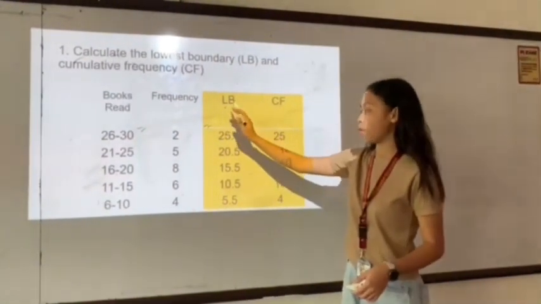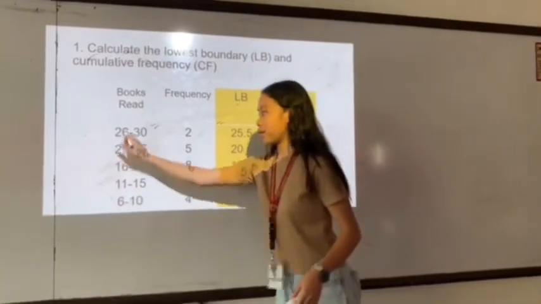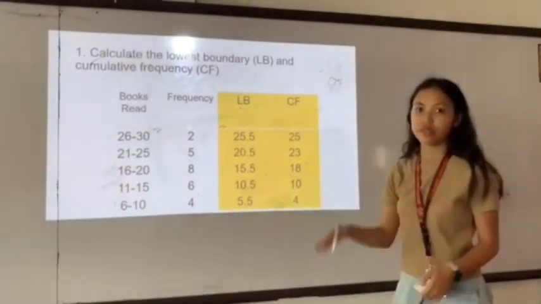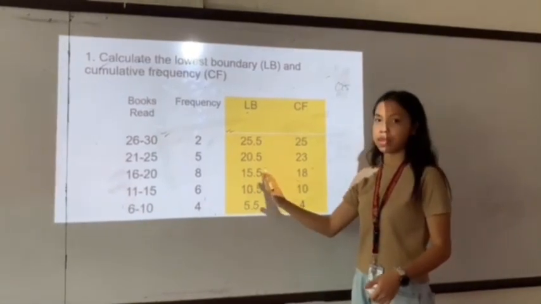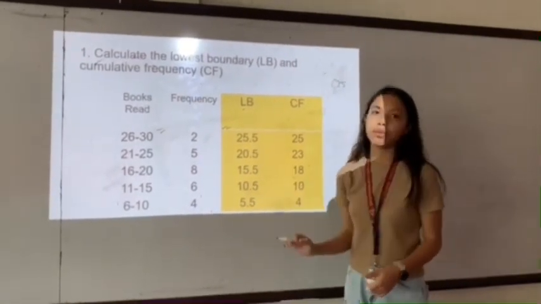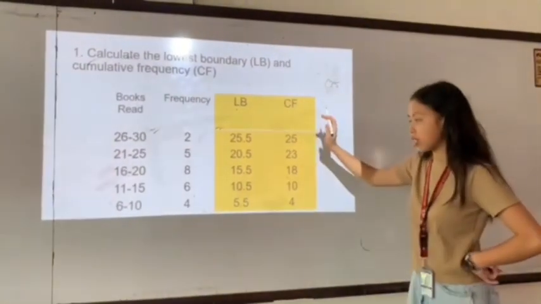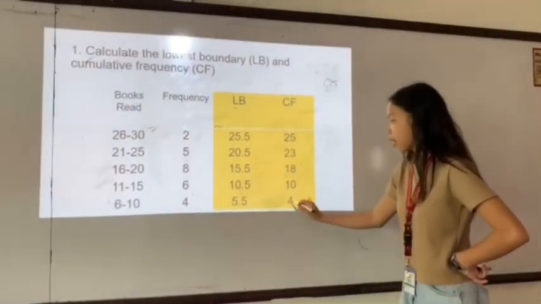Again, to get the lower boundary, we should deduct 0.5 from these numbers. So after deducting, the results are 5.5, 10.5, 15.5, 20.5, and 25.5. Then to get the cumulative frequency, we put 4 here, plus 6, plus